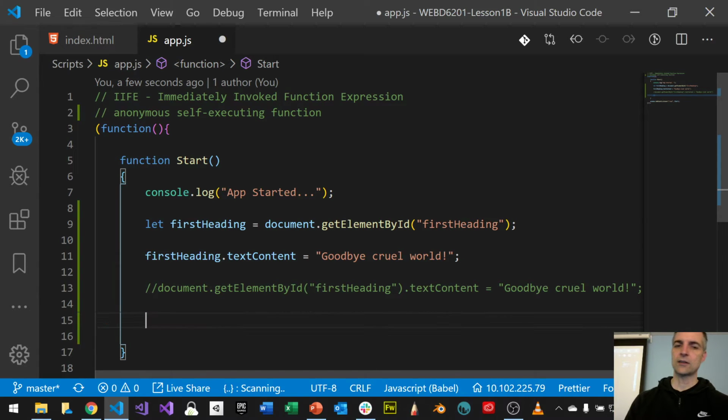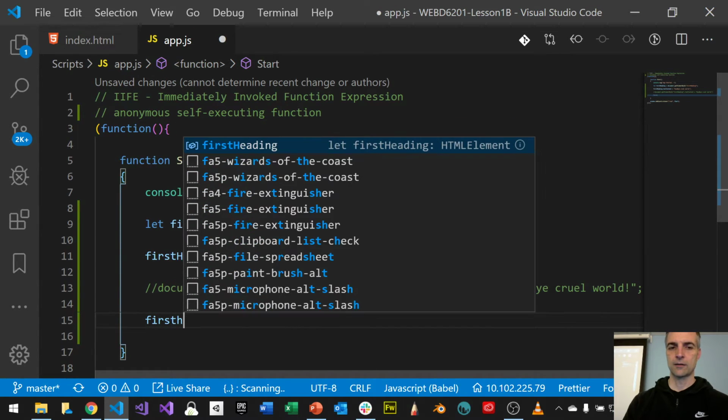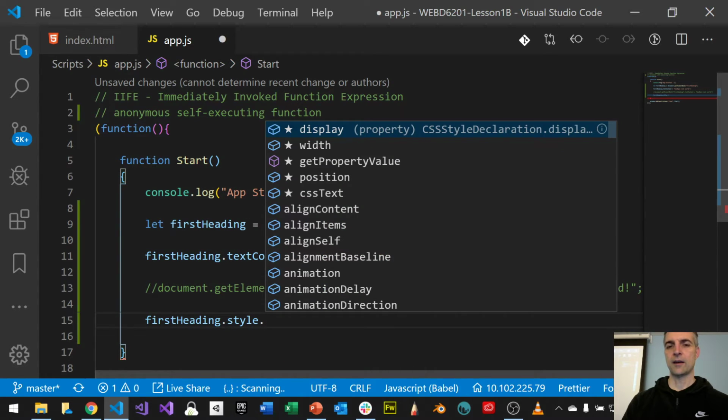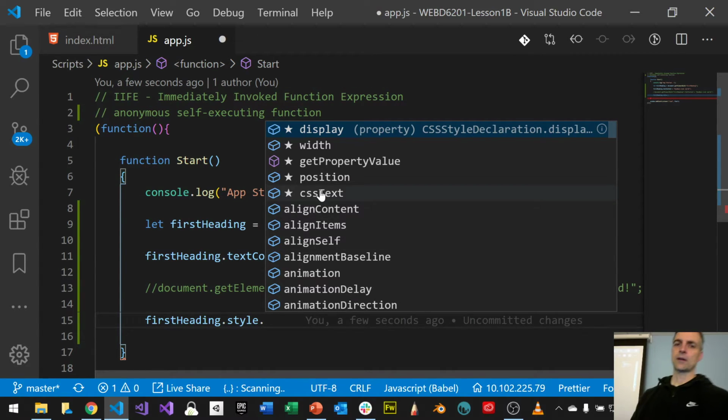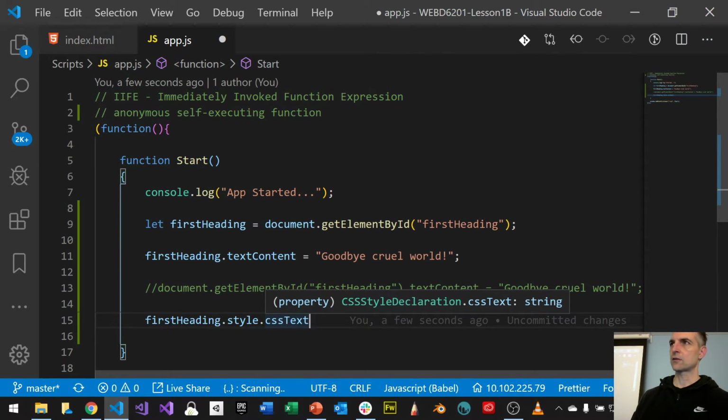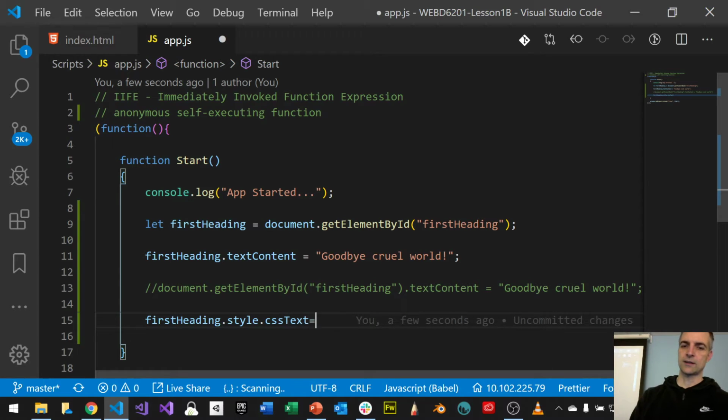But for now, let's change the style. So I want to say first heading dot style, and then you can change different things. So I can use something called CSS text. So style.cssText, and if you hover over what that is, it says that it's a string. It takes a string. So imagine if I said CSS text for this style is equal to, as an example, bold. Right? So my CSS text is